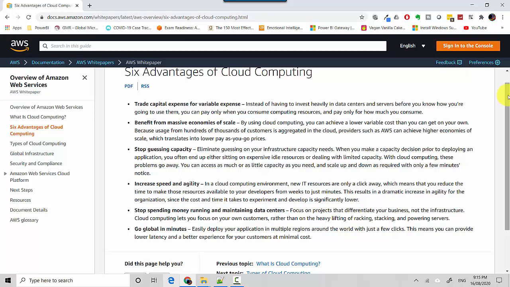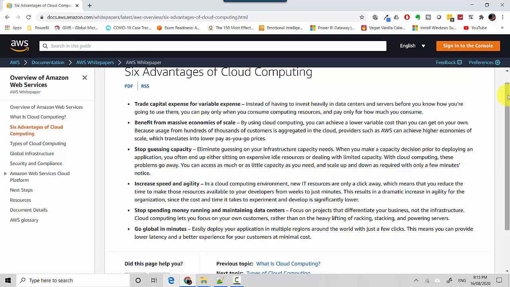Stop guessing at capacity. In the past, if you were to get a database server, you would do volumetric. So say, hey, this is how much my database server is going to need in the next 5 years. Or you could say, hey, this is the maximum load that the database needs to service at a point in time. But that whole concept goes away with the cloud, because essentially you can get more storage as you go. And also you can add more grunt to your servers, or you can have auto scaling groups. So essentially you don't need to guess the capacity.